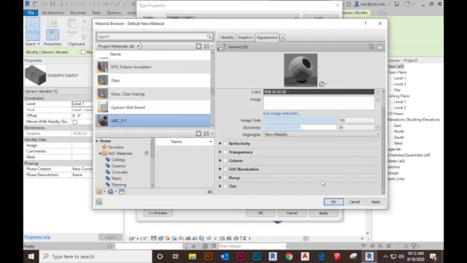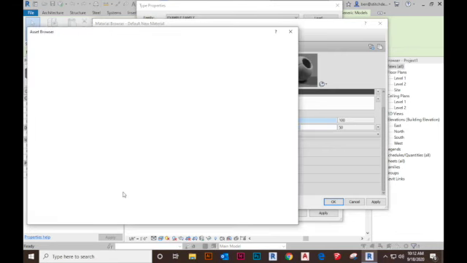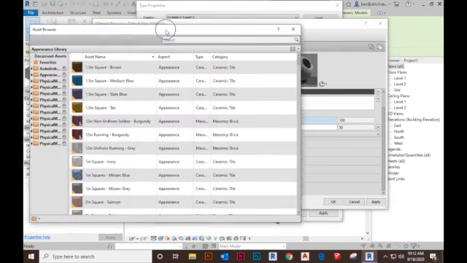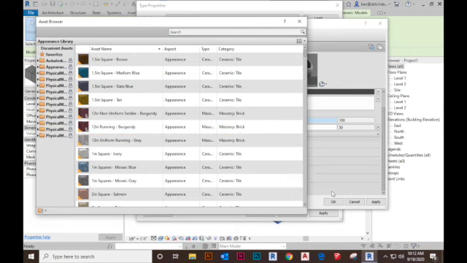Another option we have for selecting an image or appearance is our Assets library. If we select that, this brings us textured images that are already associated with a material that we can apply to our material. If we do a quick search for board-formed concrete,